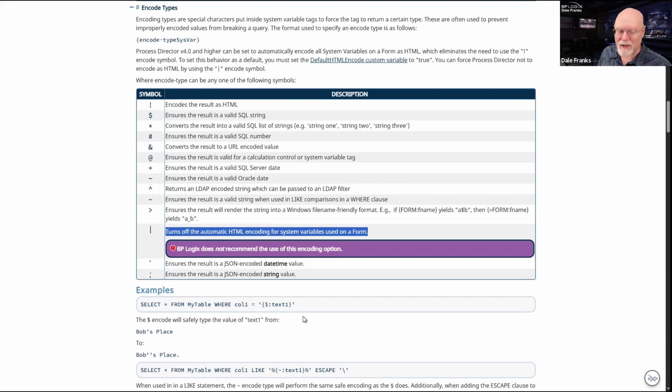So it won't work as HTML. Generally, that's a wonderful idea. There are occasions when you actually want HTML to work as HTML from a system variable. In that case, you can use this bar character to turn off the automatic HTML encoding. You would obviously only do that in a situation where you need the HTML to work as HTML, and you know that it's going to be a trusted link that you're using in a system variable.